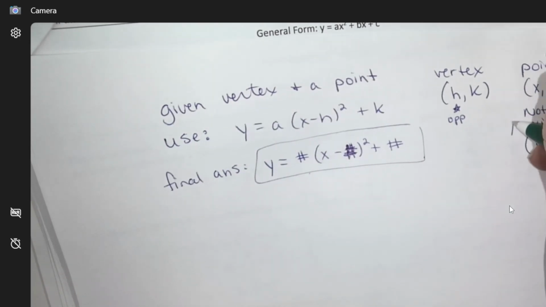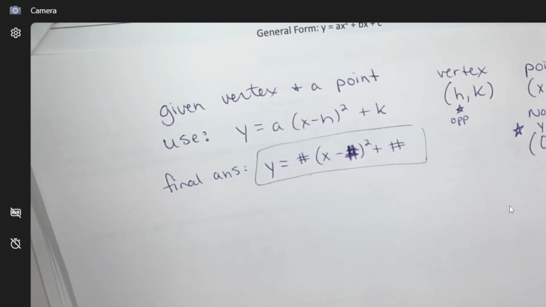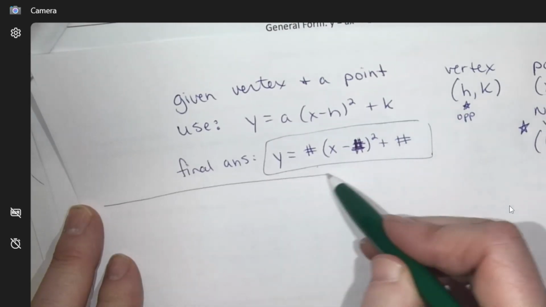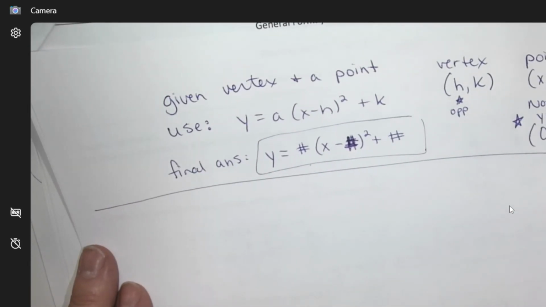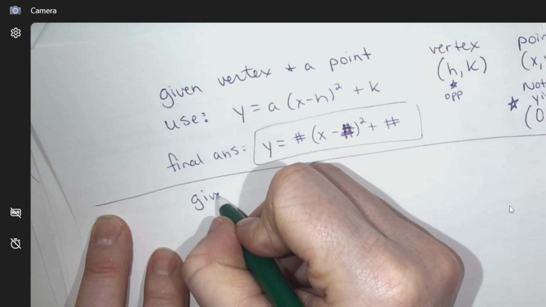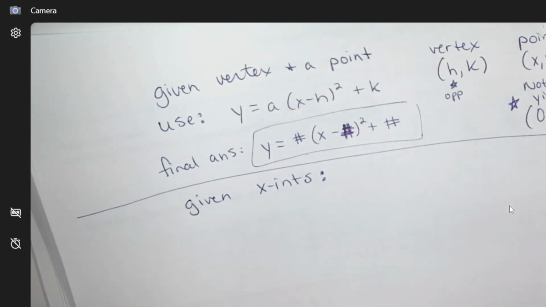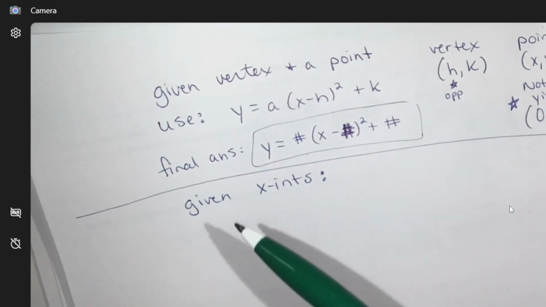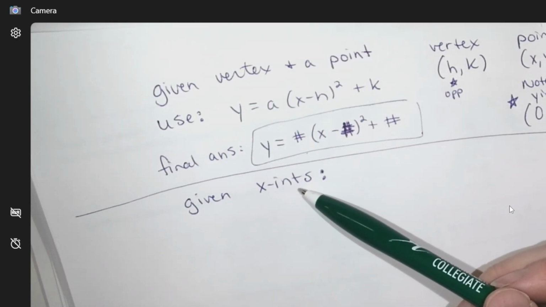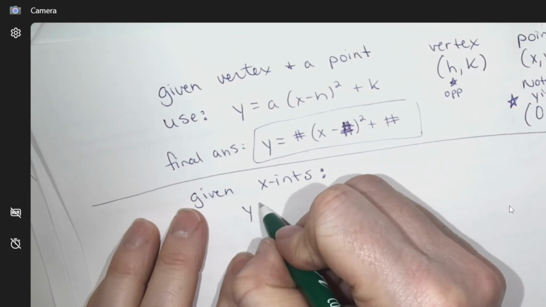And then maybe I'm going to just do this little note for myself that a y-intercept, I need to understand that it is a coordinate, a point. So then I'm going to just do one more thing on my cheat sheet, which now, if I'm given x-intercepts, I should use